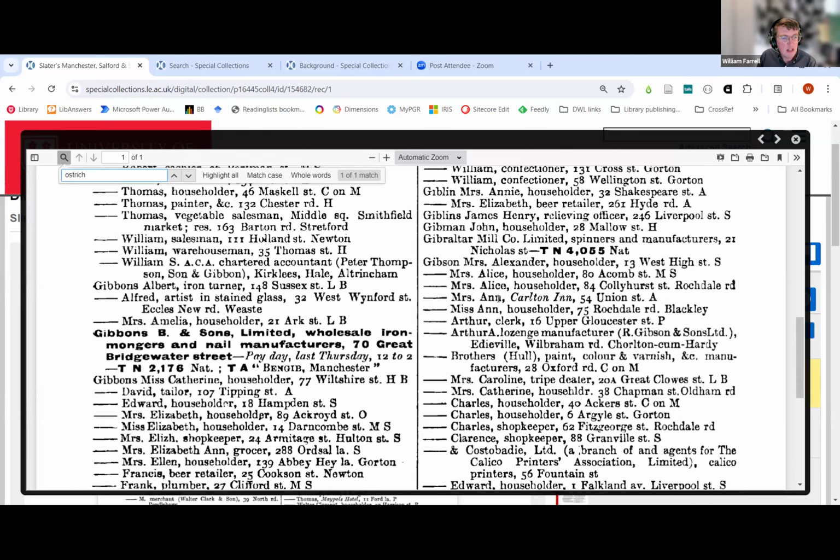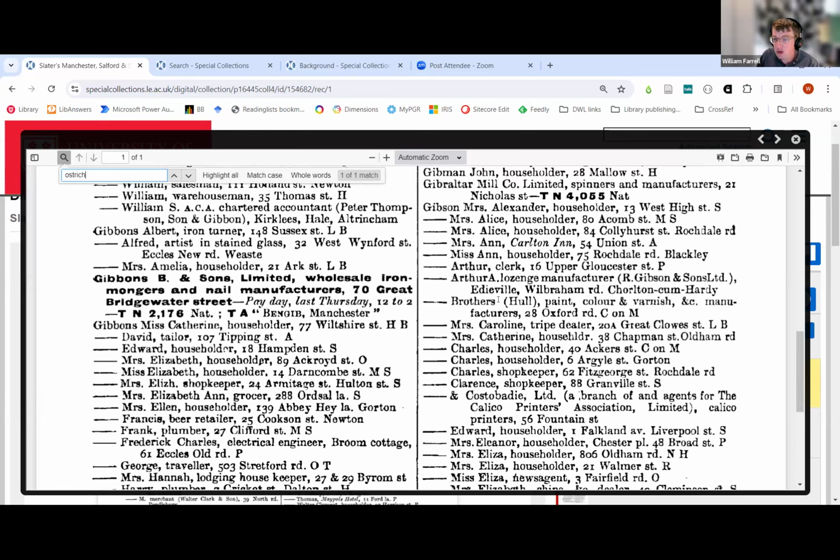Sometimes in the street directory listing, women are just given as Mrs. and their surname and not their first name, whereas you'll find men are given both the first name and the surname. And again, that's just another quirk of how Victorians thought people should be addressed, or their name recorded officially.